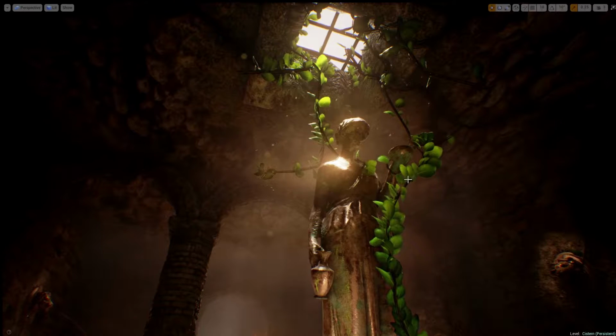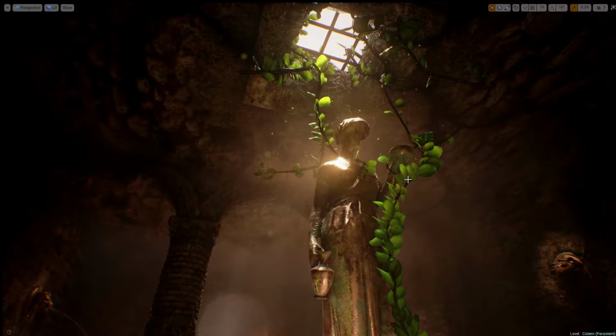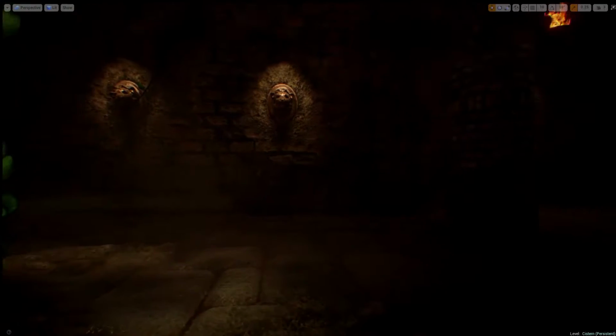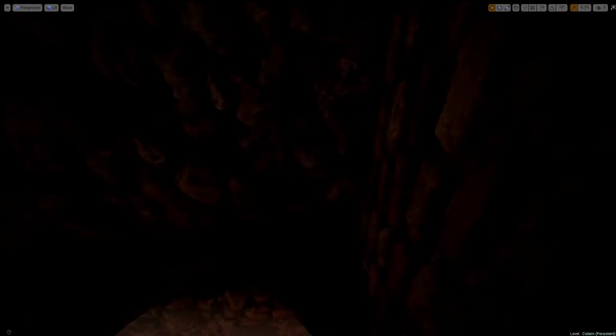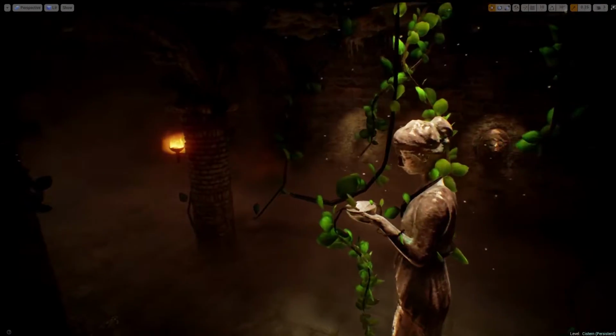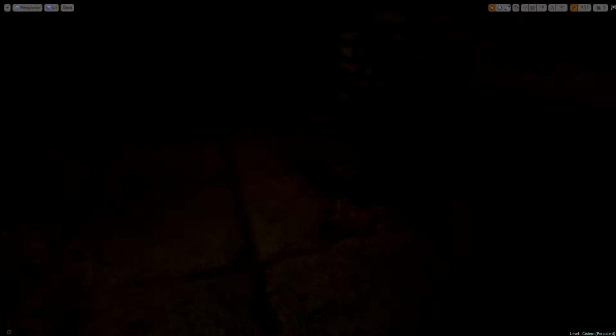Alright, so I'm going to give you a quick overview of some of the techniques that I developed specifically for my Ancient Cistern environment. So as you can see, there's a lot of surface detail going on. We'll start where you look, the surface is raised out. It's using tessellated displacement, and it's vertex blended